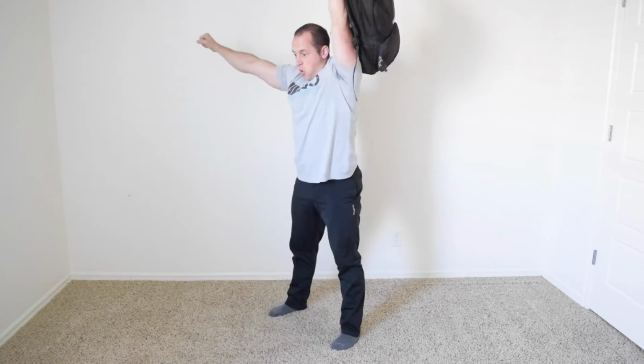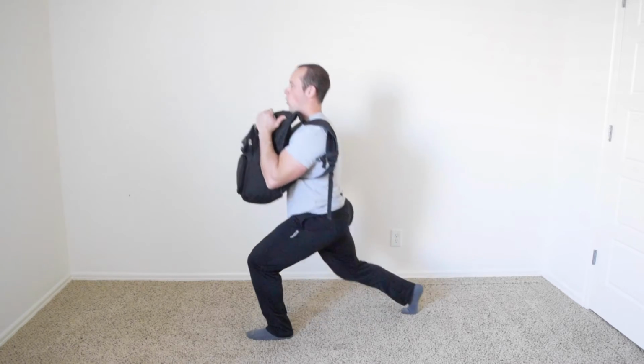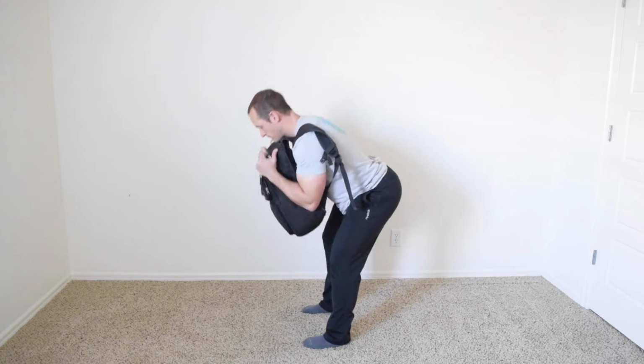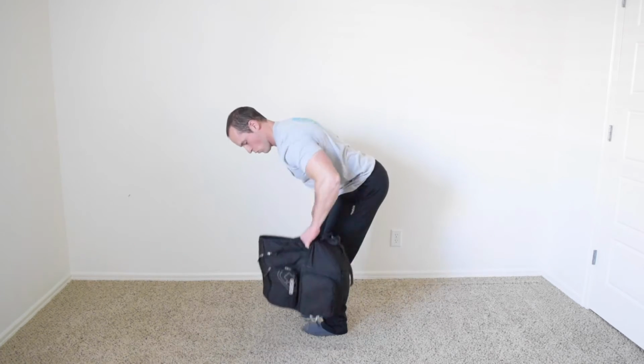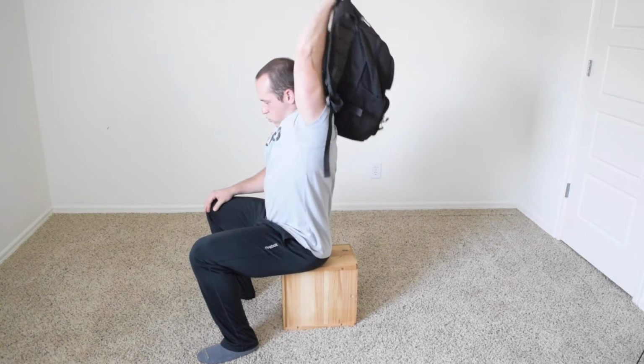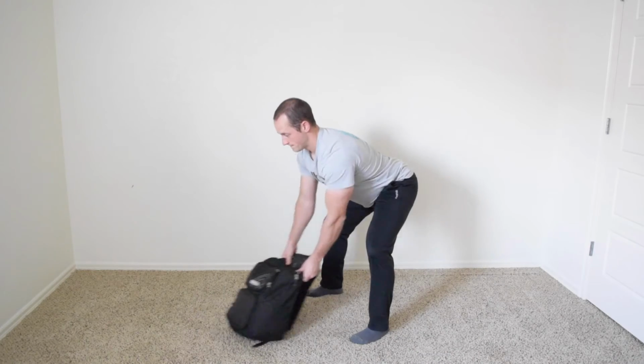How about overhead squats? Lunges with the weight on your back? Lunges front-loaded? Good mornings front-loaded? Bent over rows? Tricep extensions, shoulder press, a modified one-arm bench press, kettlebell swings,